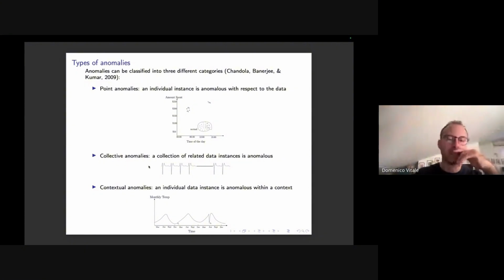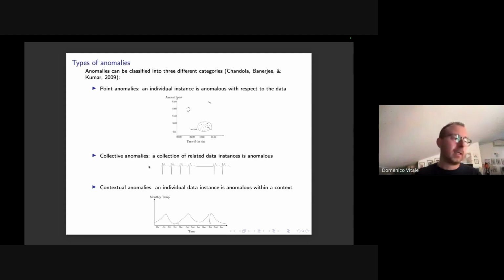Here in this slide, you can see, for example, an anomaly related to an electrocardiogram. In this case, the anomaly is not a strange, large deviation from the observed data, but simply a constant. And this constant, this straight line, is anomalous with respect to the collection of the data. Another type of anomaly is contextual. For example, in time series analysis or in spatial data,